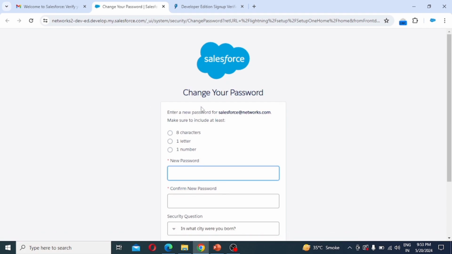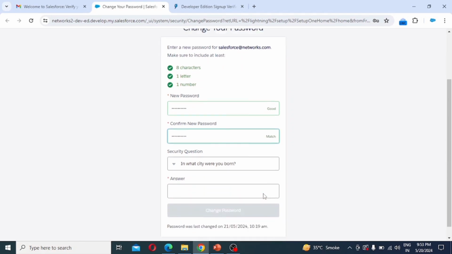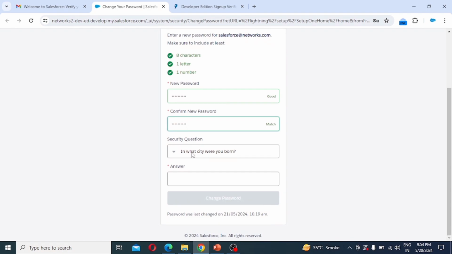So it's asking to change your password. The password must include at least 8 characters, 1 letter, 1 number. Then there is a security question: in what city were you born?